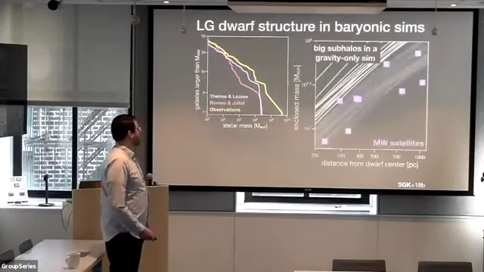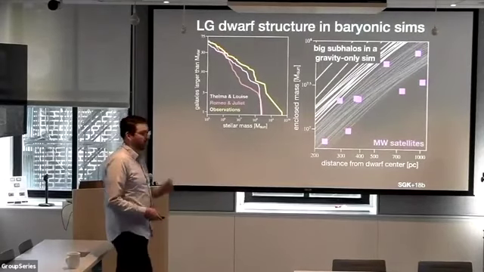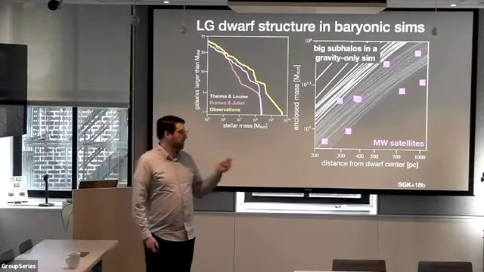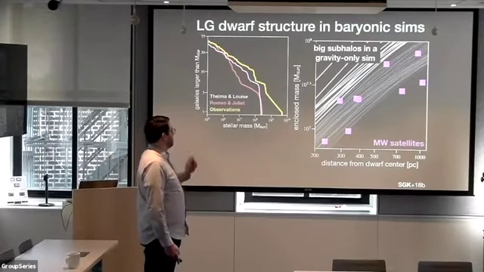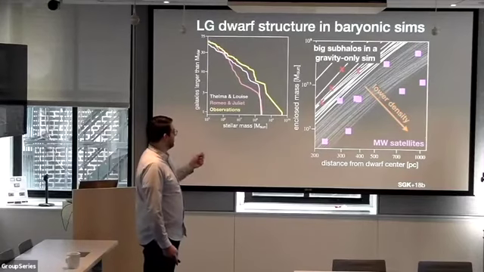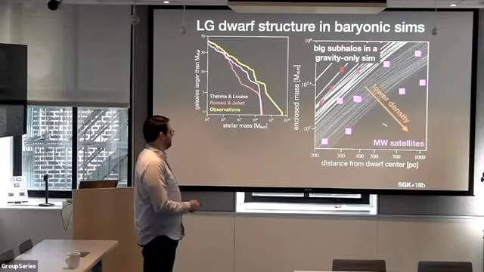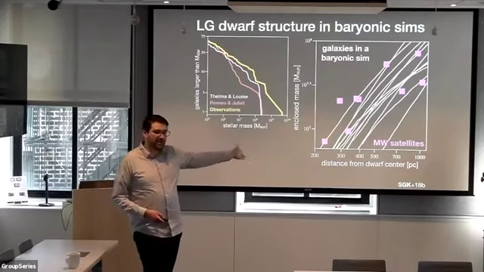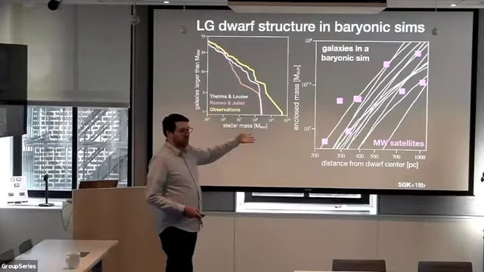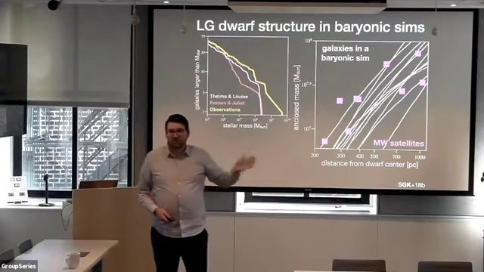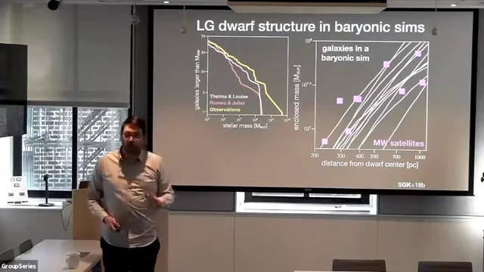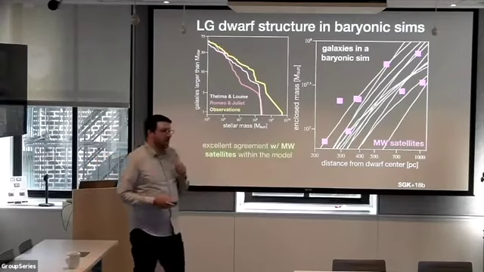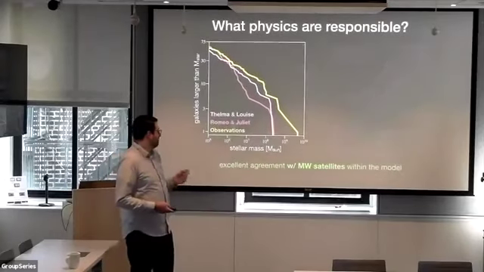So again, we'll turn to our enclosed mass profiles. Here you're seeing the same plot as before. This is a gravity-only simulation, picking out the biggest subhalos, plotting their mass profiles. Now, if I switch over to a FIRE simulation, we'll see that we have managed to lower the density. We have managed to get rid of a bunch of these lines. We end up with curves that look something like this, right? So now, I would argue, we're doing a great job of matching the observations just with baryonic physics that we know exists. Don't need to invoke exotic dark matter. So I want to take a second and talk a little bit about why we're getting such excellent